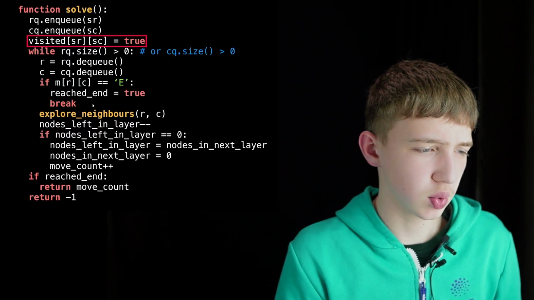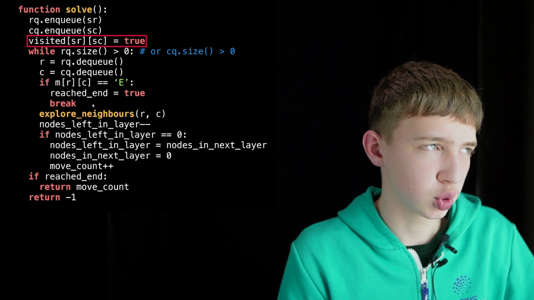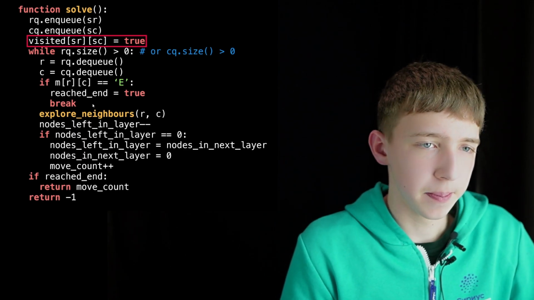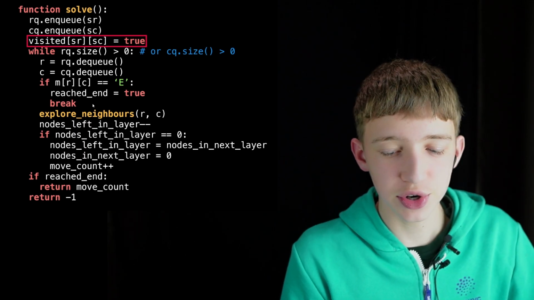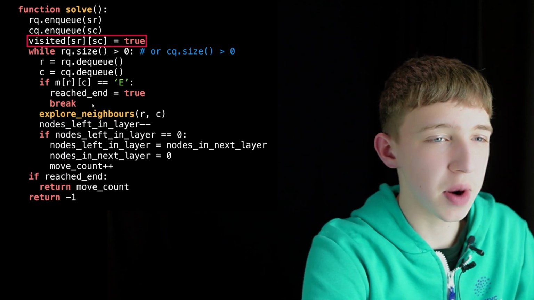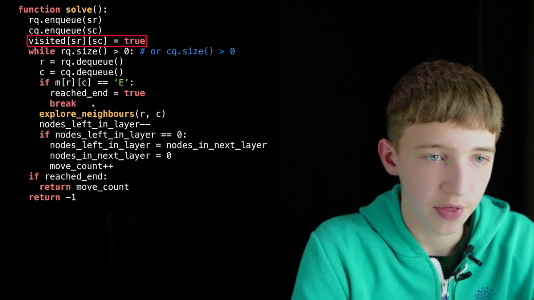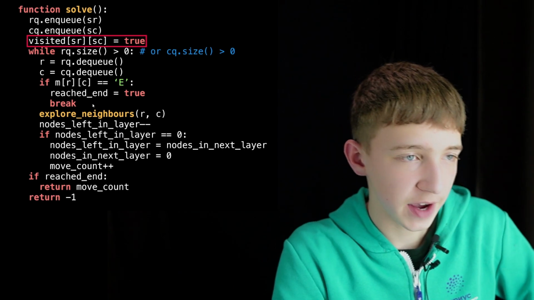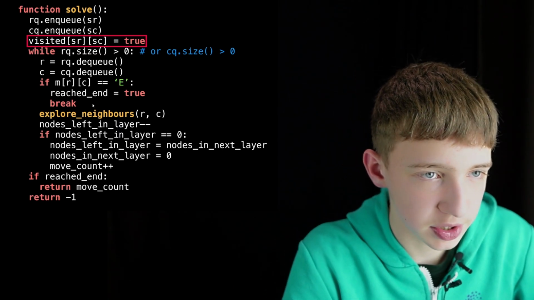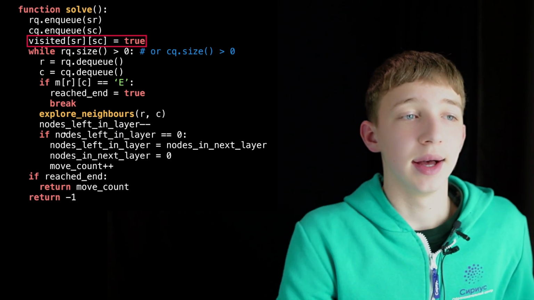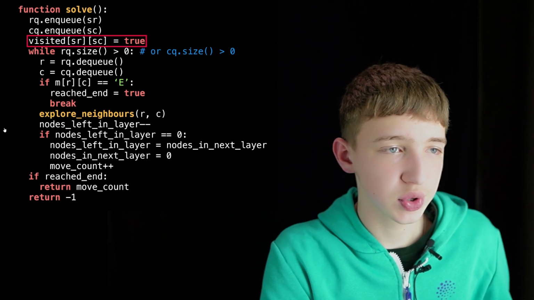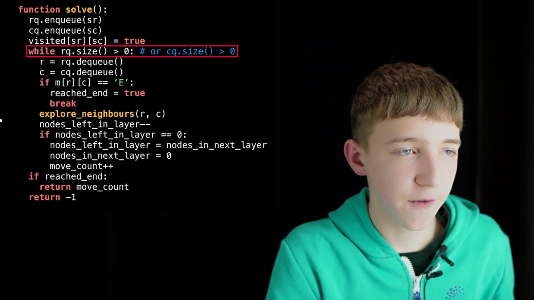By the way, we can also make it equal to 1, because integer matrices are a bit faster than Boolean vectors, Boolean matrices, whatever. We don't want to go to the starting node again, and then we start our breadth first search